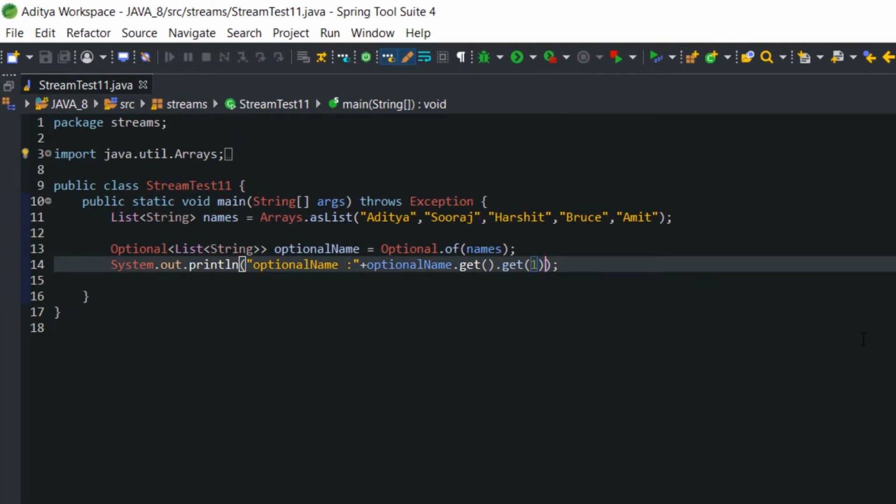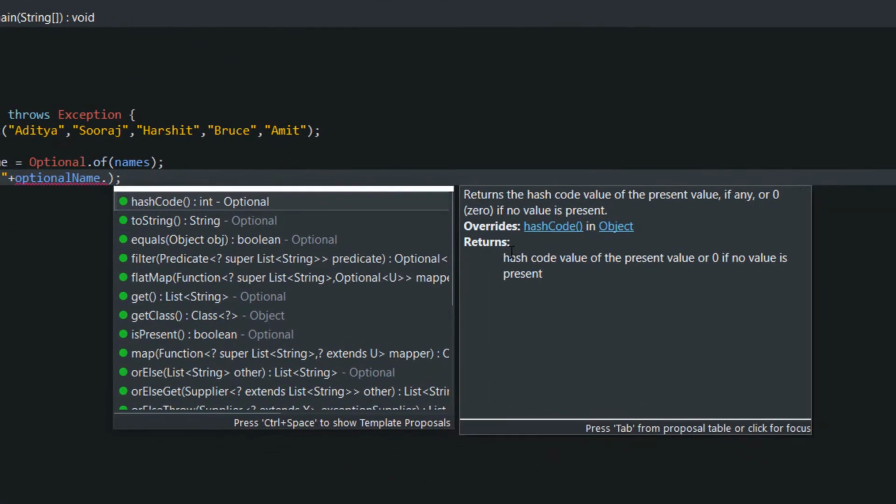Alright, now all the methods and examples we saw in the previous example work exactly the same way in this one too. For example, you can know the hashCode of that Optional of List of String.